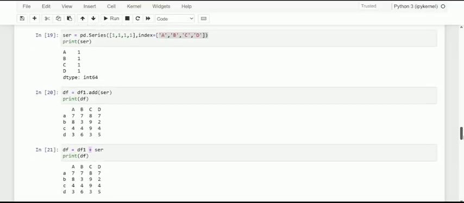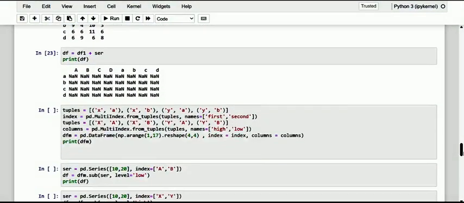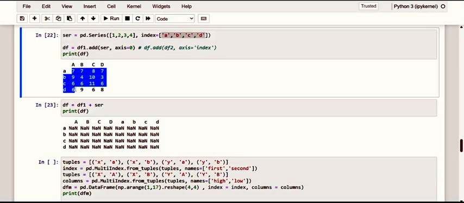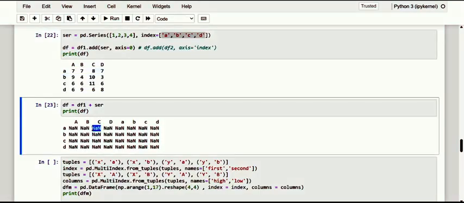Let me have a view of it now. If we make it 1 2 3 4, we get the exact value of each and every element. But when we do it with an arithmetic operator, how does it happen?